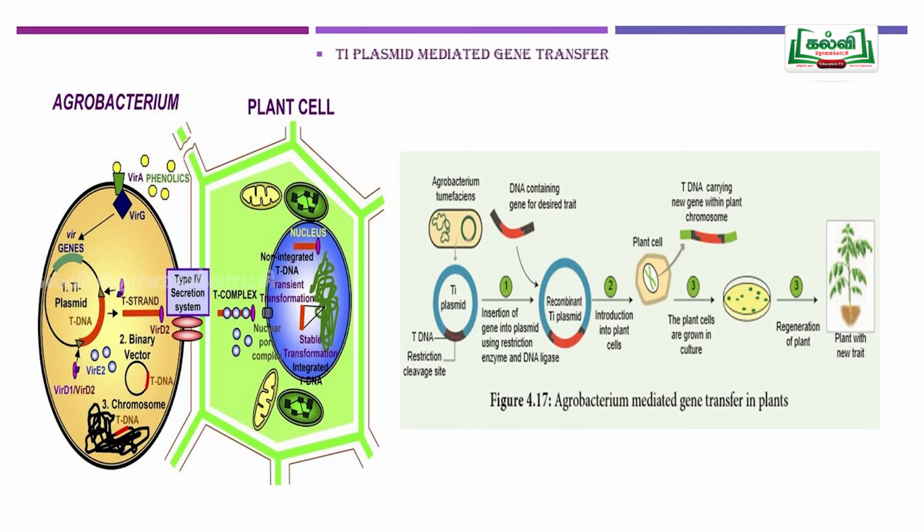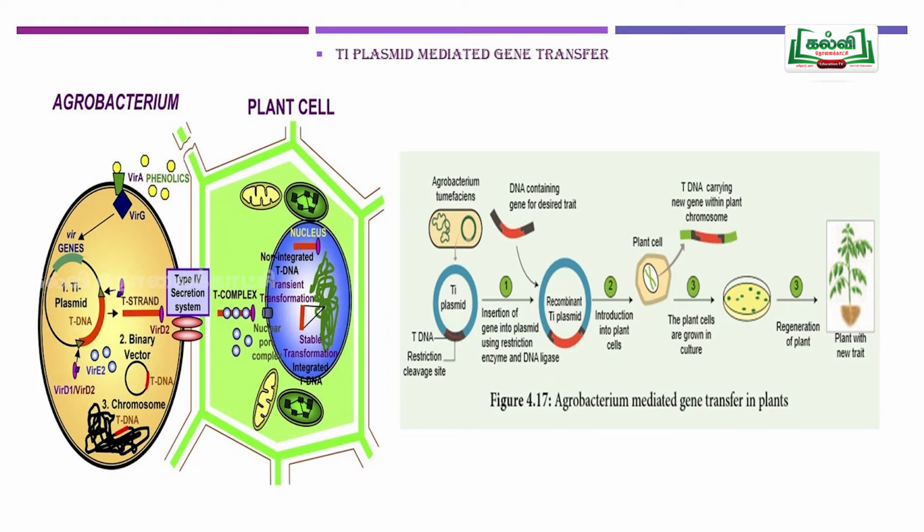Here it is very clear, we will discuss. On the left side we see Agrobacterium tumefaciens and a plant cell. How will the infection take place? Initially the Agrobacterium present in the soil cannot enter the plant cell. Entry takes place when there is any damage in the stem region below or near the soil. Due to that damage, the damaged cell produces special chemicals, which we call acetosyringone, a kind of phenolic compound.